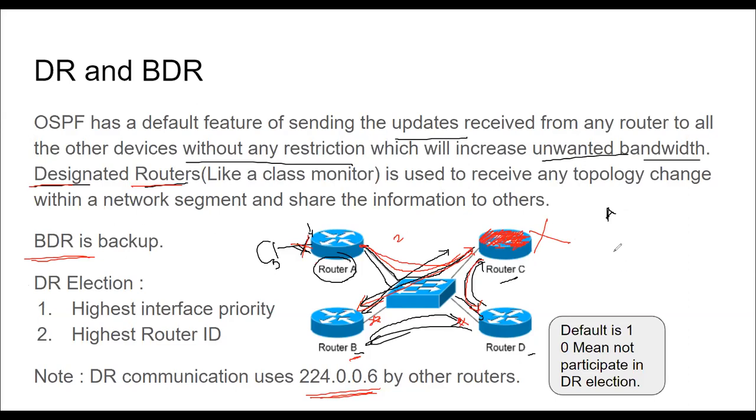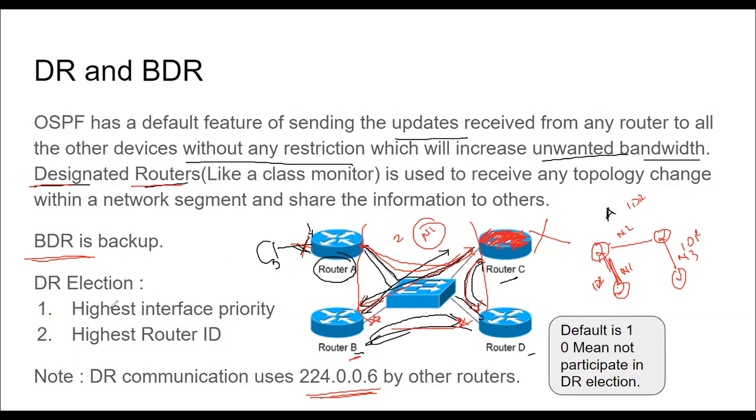So if you have a network like this, between them there will be one DR, just for your information. Between them there will be one DR, either him or him. Between them there will be one DR. See, DR will be there for each and every network. You know, router breaks networks, right? This is network 1, network 2, network 3. So that's why we have 3 DRs here. Here I have a switch. The entire piece of this is one network. So in that case, I'll be having a single DR election.